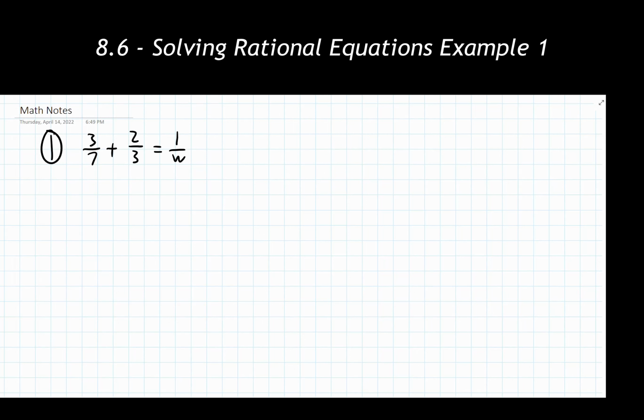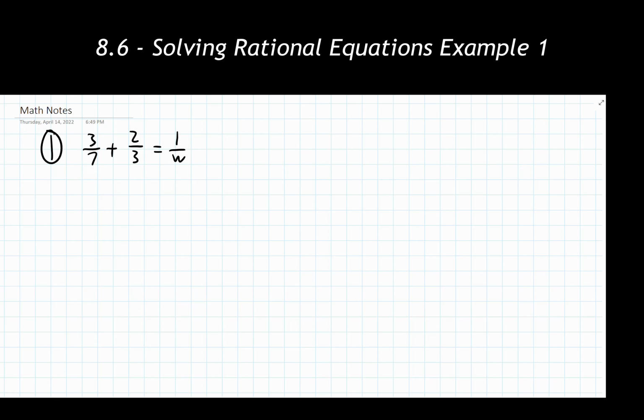Starting off our first example, we're going to begin with step 1. So I'm going to determine all values that create division by 0 anywhere in this equation. The hint for this first step: factor all denominators to help with this. So I'm looking at each of my denominators, and I really can't factor anything. The first two are just numbers. The last one is just a monomial. I can't do anything with that. Okay, can't factor this thing.